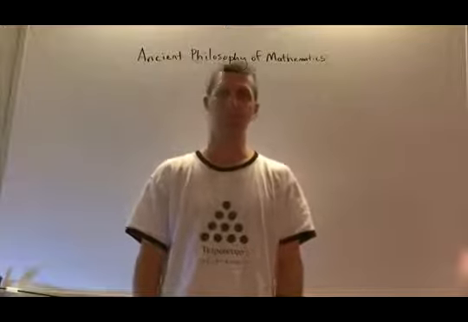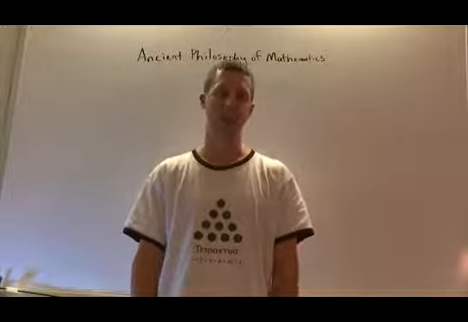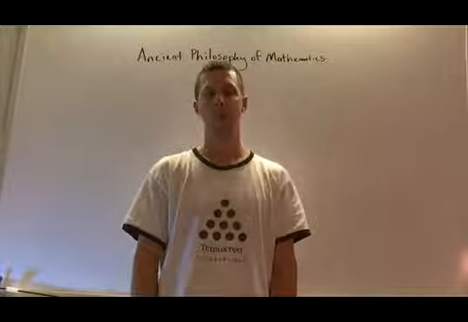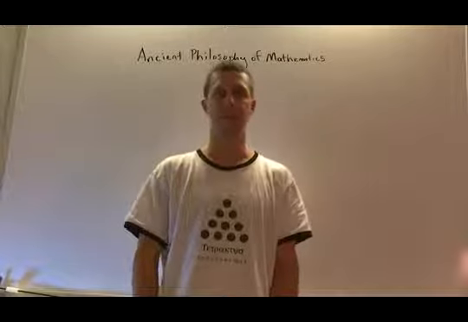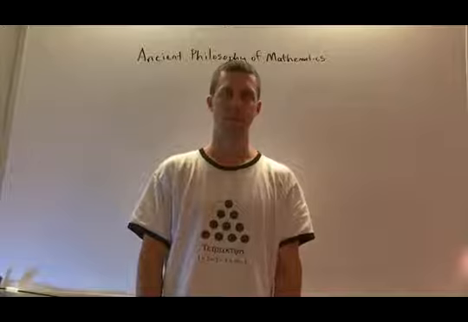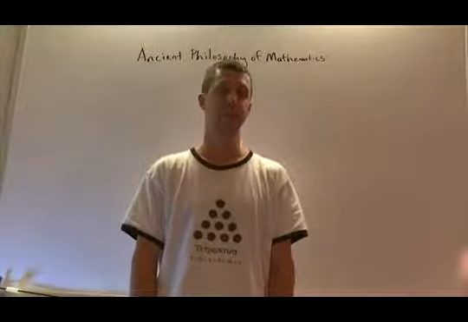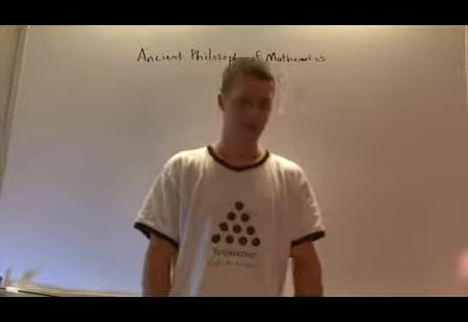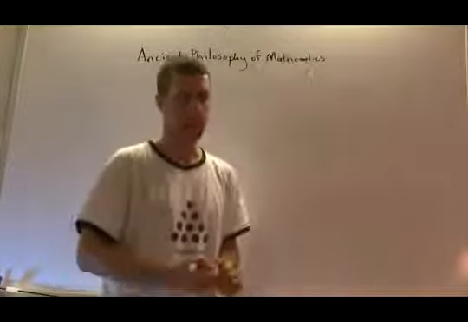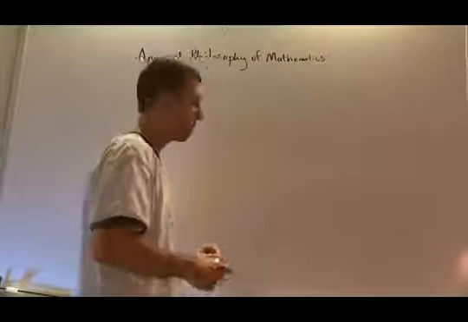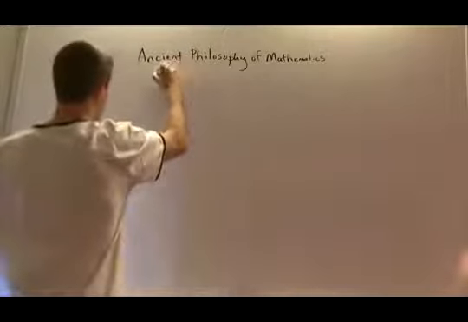We'll be continuing our series in the ancient philosophy of mathematics. In this third video, we'll be looking at the Pythagorean definition of the Quadrivium, and how it comes about that in the Quadrivium there are only 4 subjects. To understand this, we're going to look at the text of Nicomachus of Gerasa.